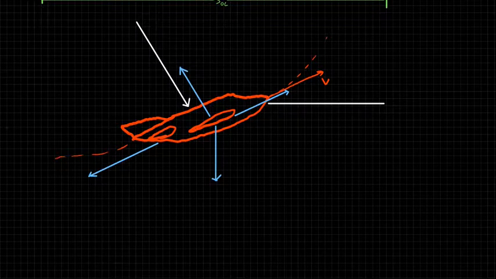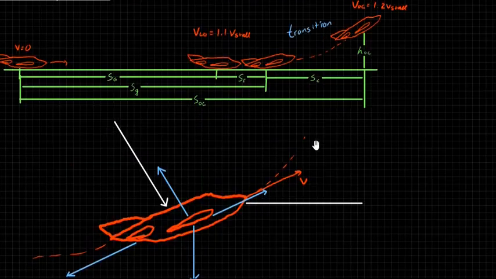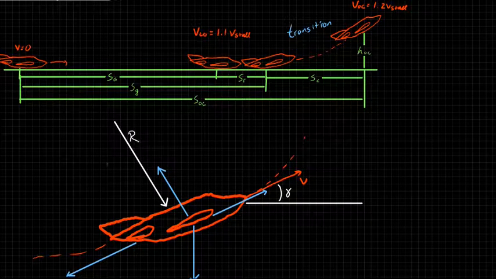Okay, so we are in accelerated climb, which means that we are moving from a horizontal takeoff configuration, and we're getting to a constant climb angle. So that means the climb angle is changing as we go. So we're following a curved path here. And of course, this angle here is the climb angle, gamma. But there's a radius of curvature along the arc that we're traveling. And we're going to label that capital R.